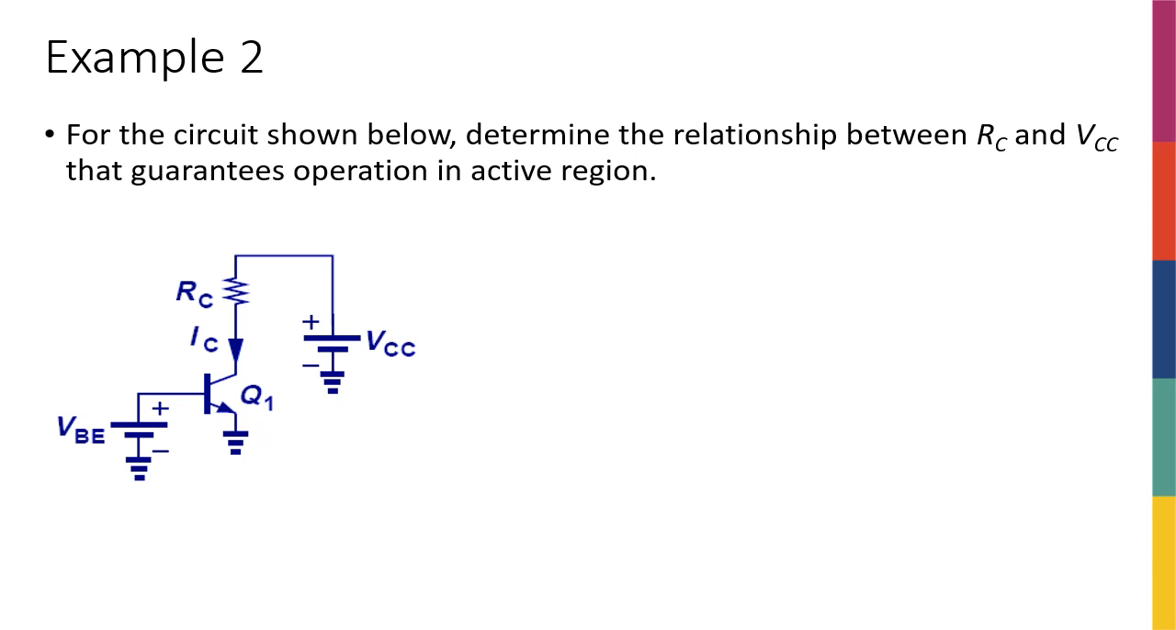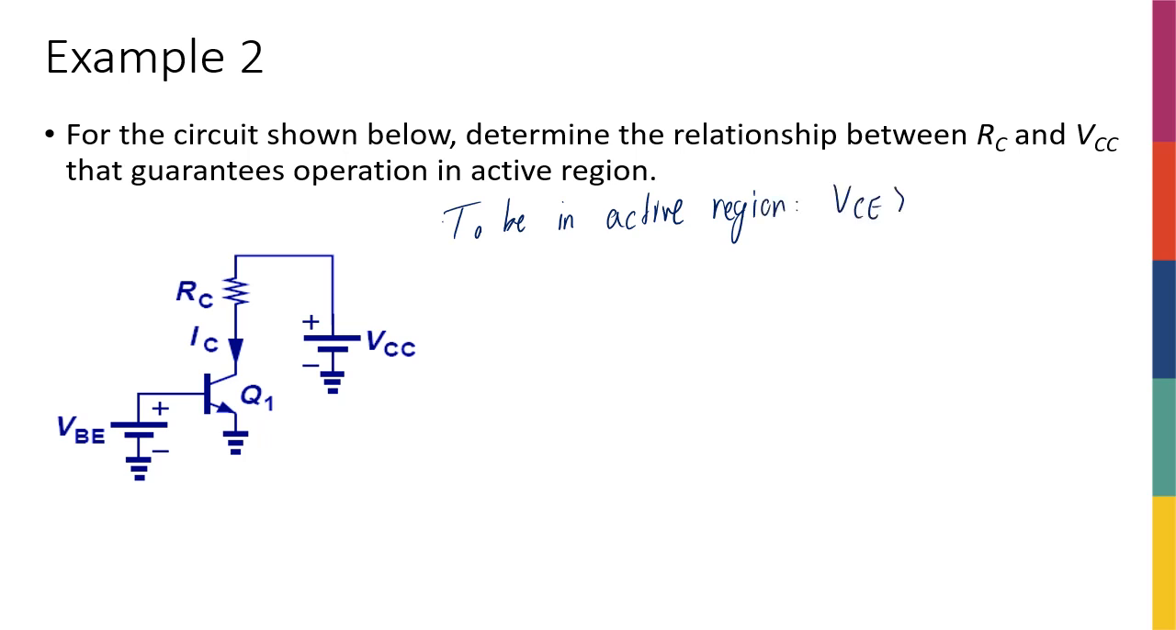Okay, to make things more clear, let's actually solve an example. In this example, the question is telling us that for the circuit shown below, determine the relationship between RC and VCC that guarantees operation in active region. Okay, I know that to be in the active region,